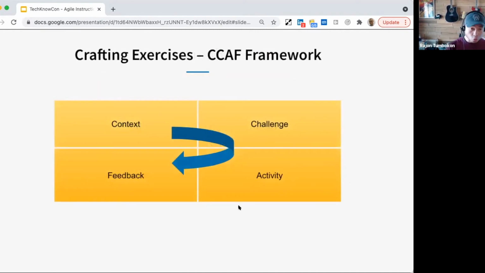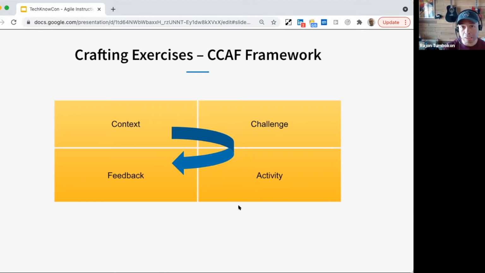All right. So once you have your list of learning objectives, there's a framework of how to convert those learning objectives into an actual activity. So here you see a CCAF framework. This is from that book, Leaving Addy for Sam. I found this incredibly effective as far as having really good, engrossing activities. This was originally modeled for e-learning or online learning, but it could be easily applied to in-person classroom, if that's what your context is. So let me just go through each of these quadrants.